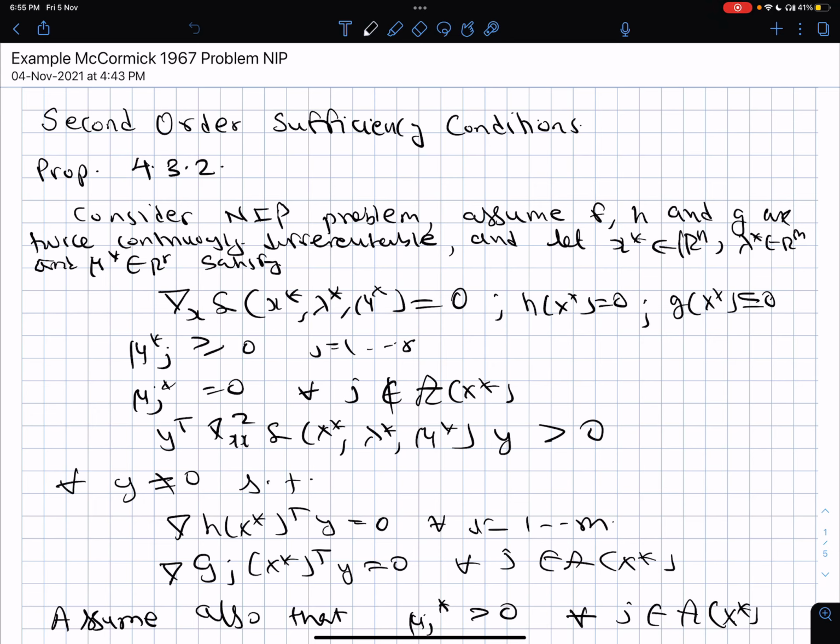Yeah, welcome back. So today we will do the second order sufficiency conditions, the KKT conditions. We are still discussing the problem NIP, and this is proposition 4.3.2 of Bertsekas. As I said earlier, there are many different sets of necessary and sufficiency conditions which can be written for the generic NIP problem. But under the assumption of regularity,